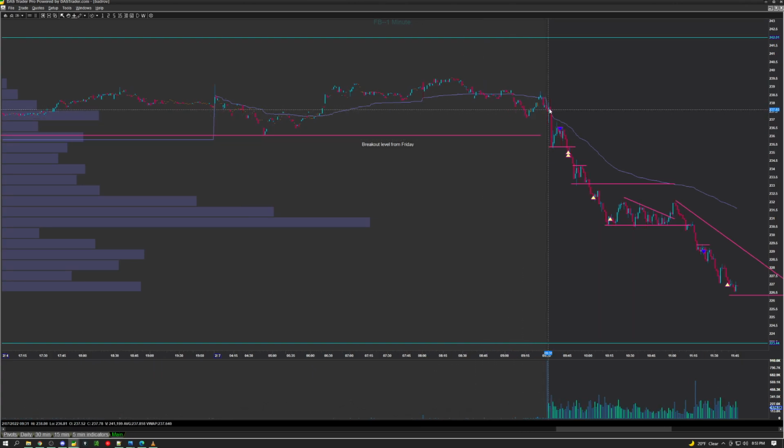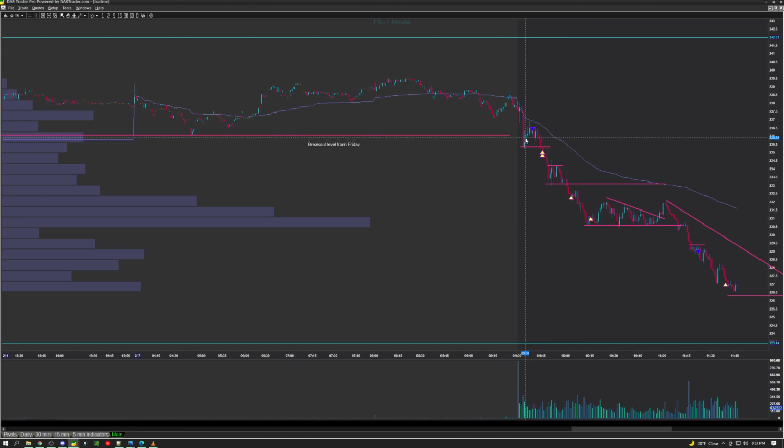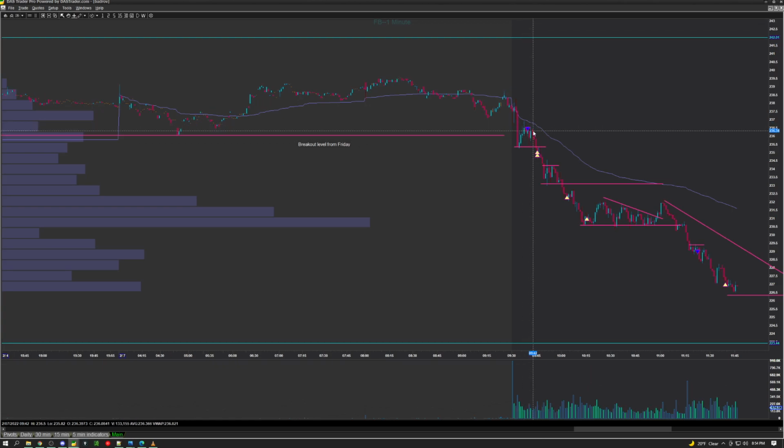It sat in a range here, and then it broke down. I was watching it on the 5 minute, but it pulled back, and during these 5-10 minutes there was a complete ladder to the downside on the bid. So big orders at 235, 230, etc. But nothing really to the top side. However, when it did start to curve around here, there was an order that showed up on the ask. I think it was like 236.50, and I have some of it saved,